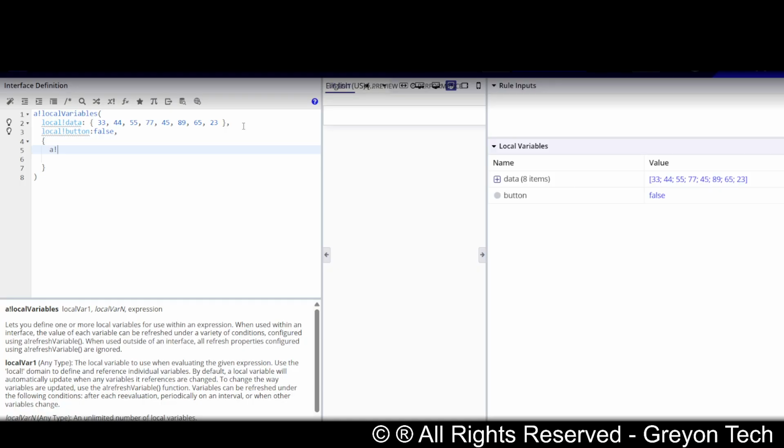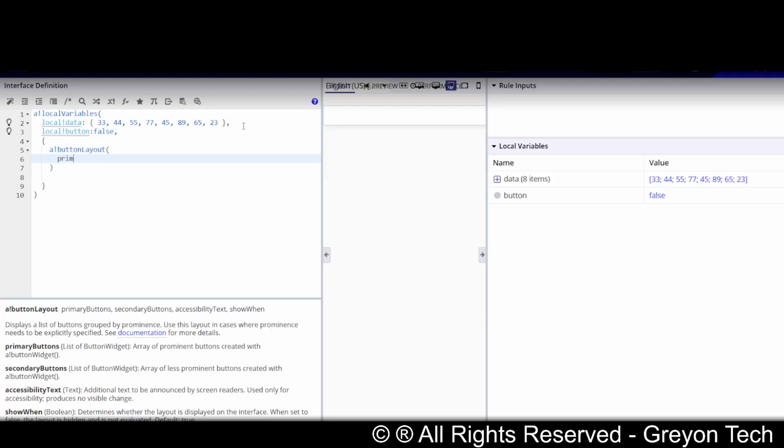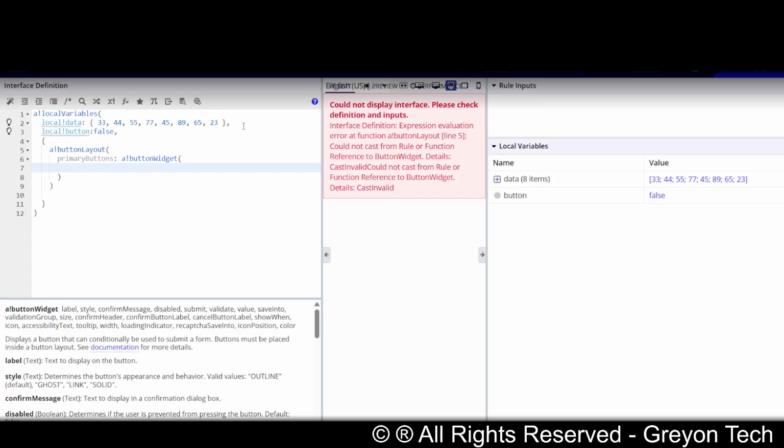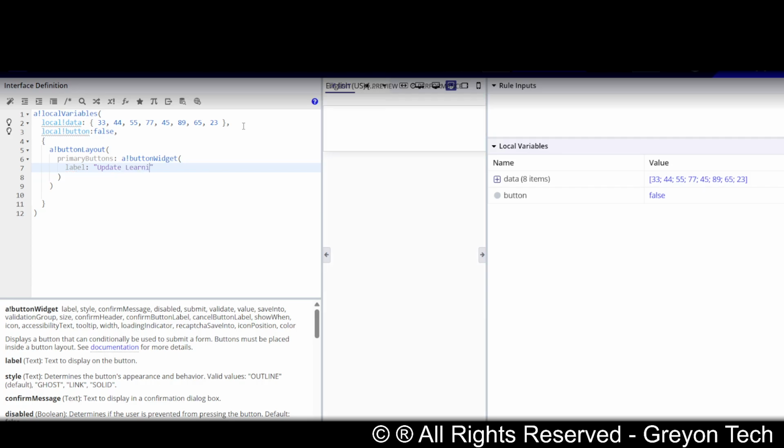So a!buttonLayout, in that primaryButtons, a!buttonWidget. Here you can put label, update learn, and tooltip, subscribe. Next, value. Now value would be true,